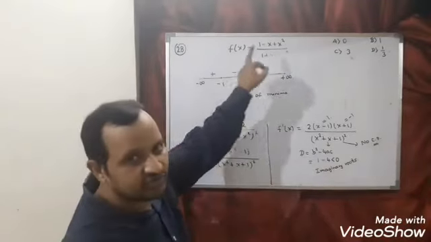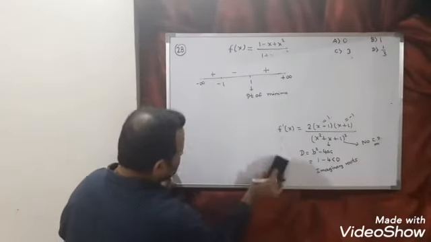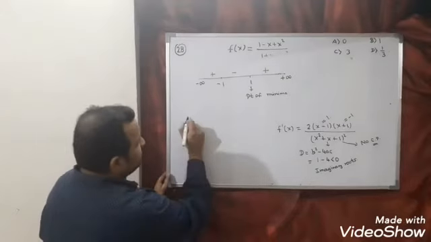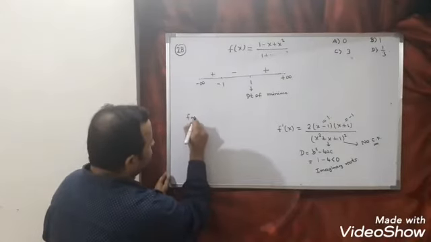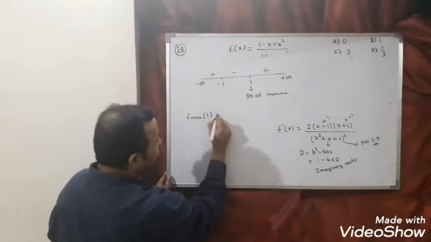So minus to plus means point of minima. So here I can say f. So what is the minimum value? f minimum at what point? At 1. So f minimum at 1 is equal to...